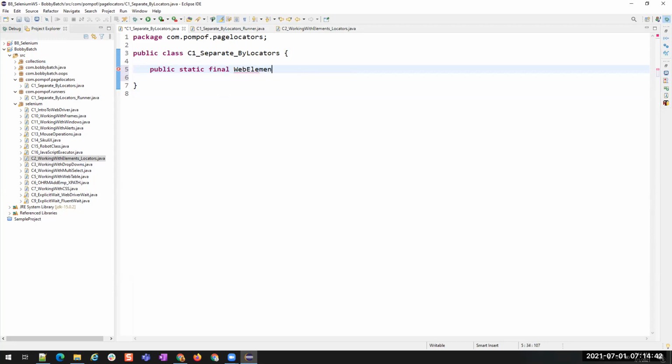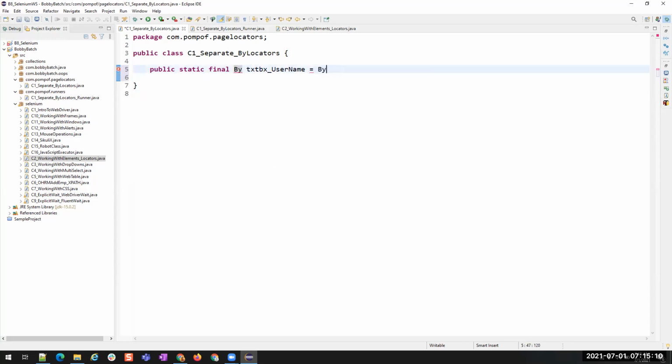I want to store web elements, right? So web element, and what is the first element? Txt underscore user text box underscore username. For this, sorry, it should not be web element. I am separating only by locators. So it is By text box of username.